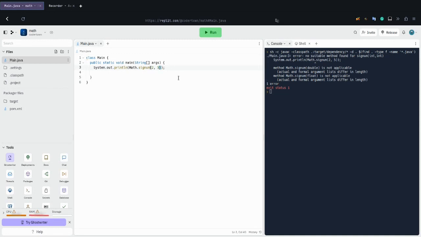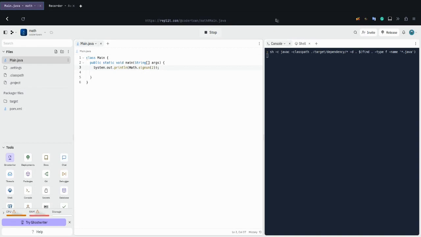It's supposed to be a single number without a comma, I'm pretty sure. I'm not too sure on this one. I don't use it that often. And yeah, there we go. We found it. So now let's do something that can return a sign between the numbers of -1 and 1,